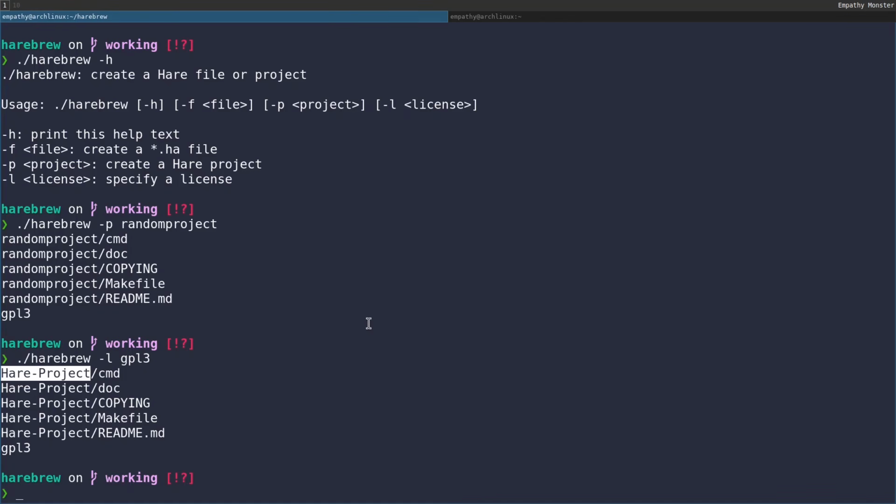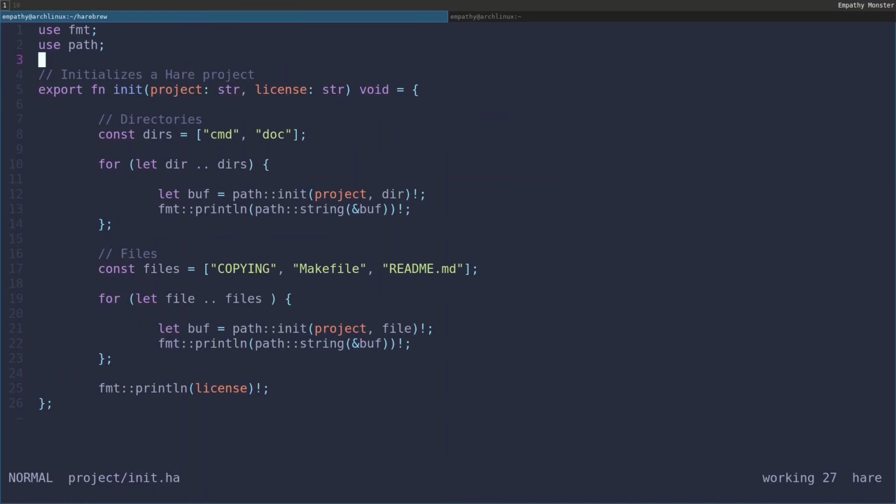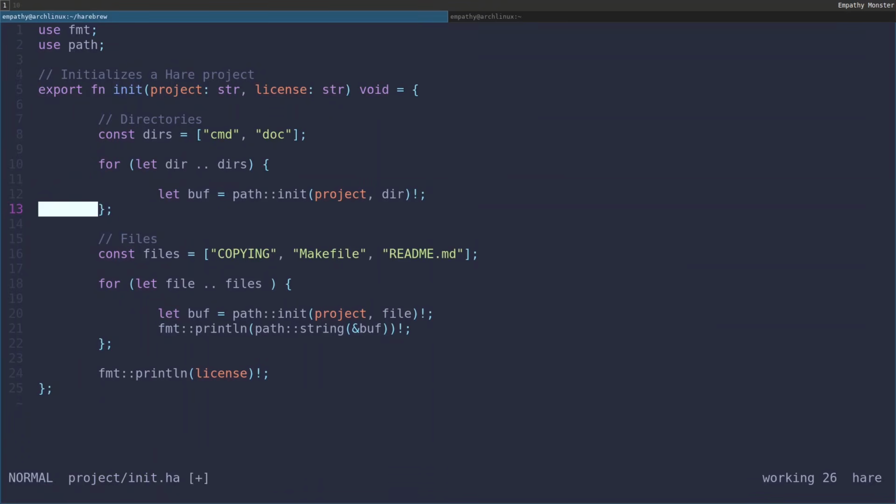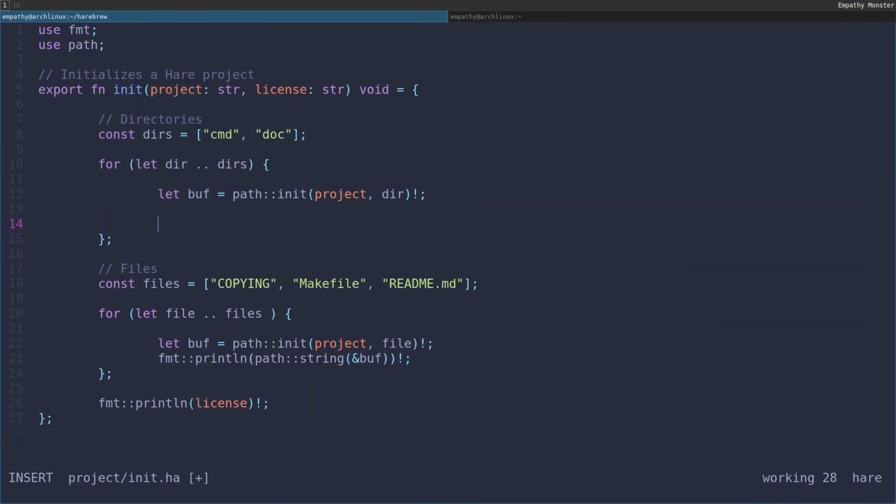Okay, so now that we have that working, what we want to do is go ahead and finish building this out. And I can remove this. We are initializing this. And now what we want to do is